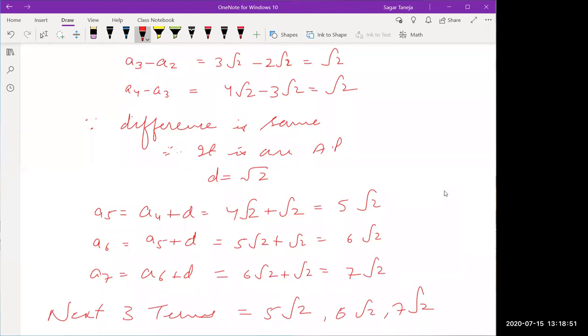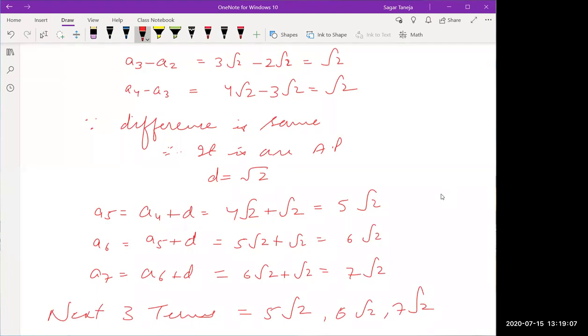I hope these basics of the chapter are clear. This is just the introductory exercise. Now, how do we deal with a situation when we have a lot of terms? How can we find out?